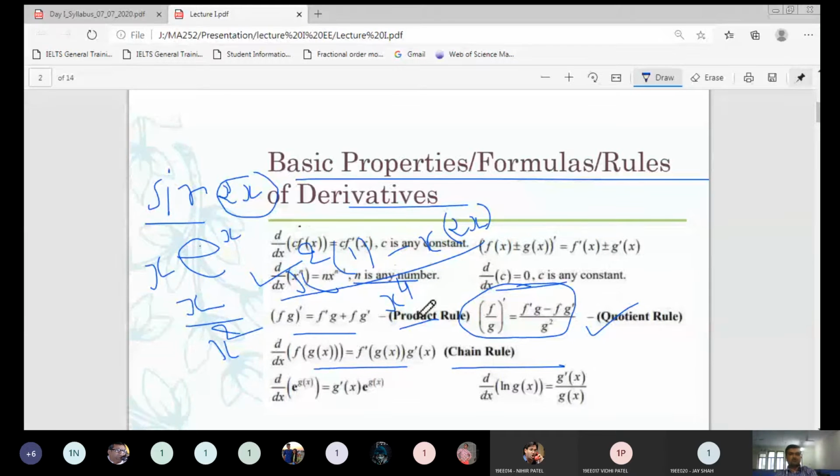Then almost all is covered by it. Here we can say that if a constant is multiplied with any function, that constant will be common, and you have to differentiate the function f(x). Am I right? Yes, sir. That means if you want to find the derivative of 2x, 2 will be outside and the derivative of x is 1. Then the answer is 2. Done?